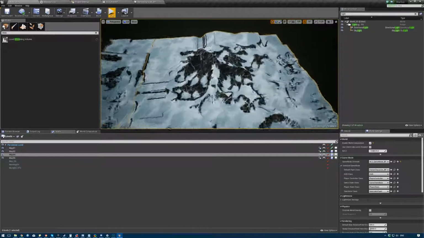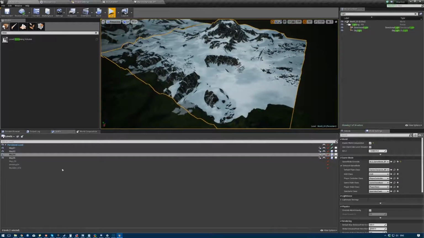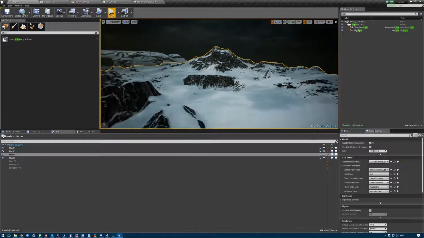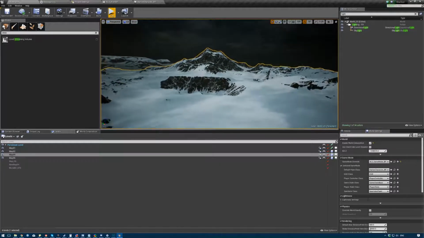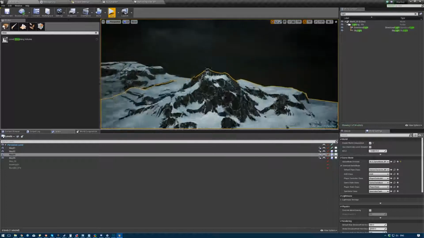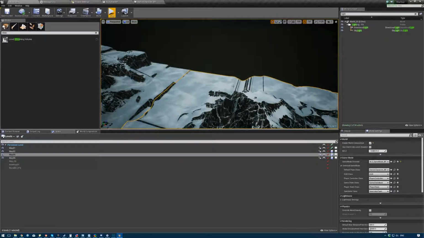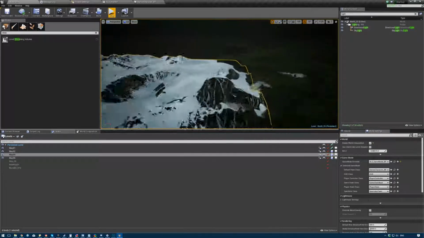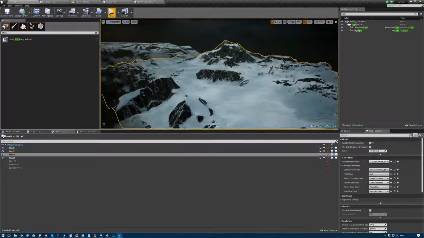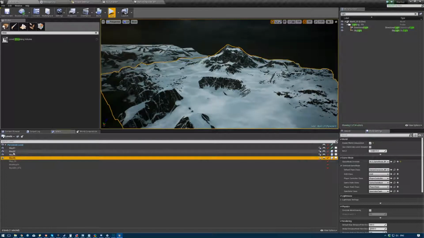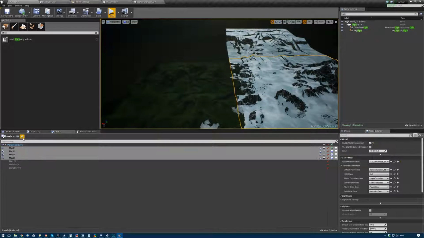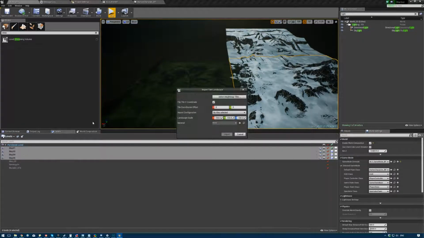This is cool because you can stream even more. If I'm standing on this side of the mountain, we can set it up so that the other side is invisible and you're more efficient on memory. At the same time, in here you can see I have only 4 maps that combine this whole thing. And if I create a tiled landscape,